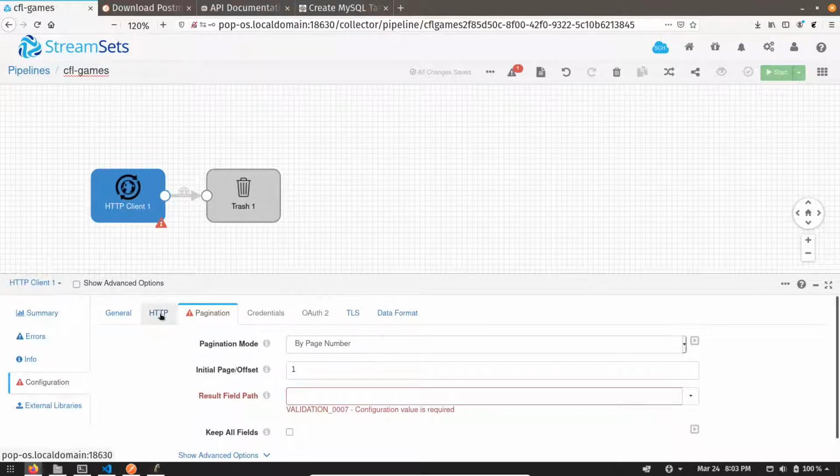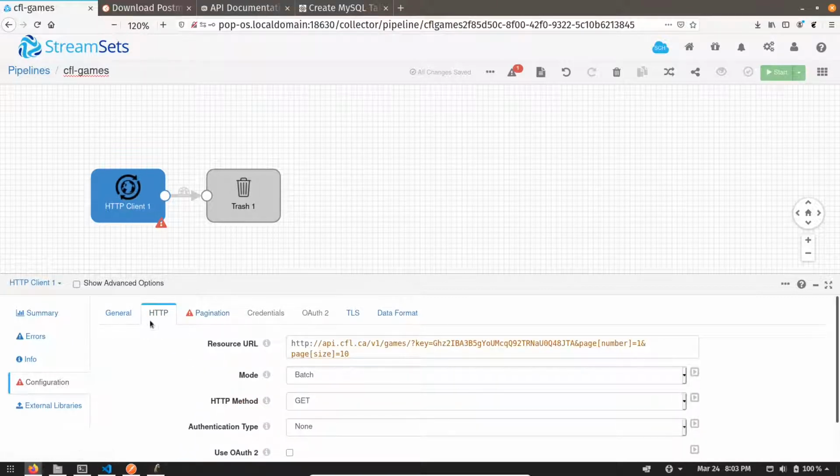So go to the HTTP tab, and on the page number side, instead of giving it 1, we are going to give that variable. What StreamSets is going to do is start from 1 and keep incrementing the value until it stops receiving records from the source side.